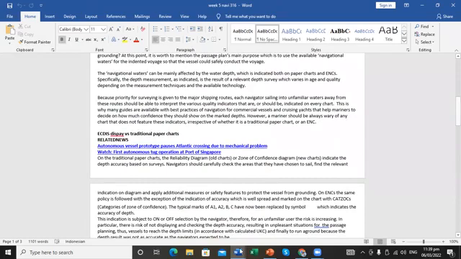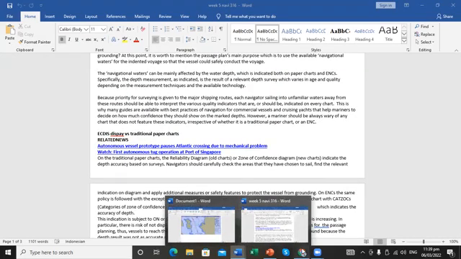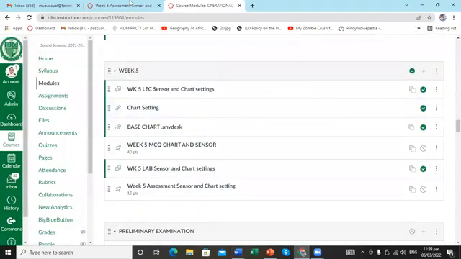For your laboratory, you have your laboratory assessment.